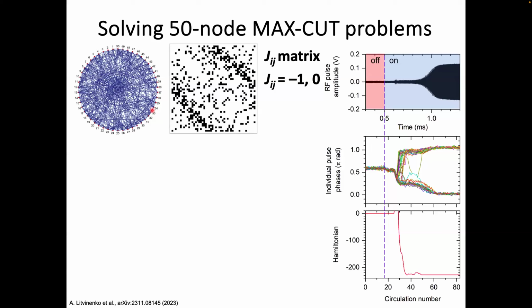So in the top curve here, you see off being no gain in the system and on being gain in the system. Then it takes a while for them to build up, and they start to interact, and their amplitude is still quite weak, but they start to interact through their phases. And you could say already here, you actually have the solution to the problem. But the temperature is actually going down. If you look at how the coupling size is in proportion to the amplitude of the pulses.